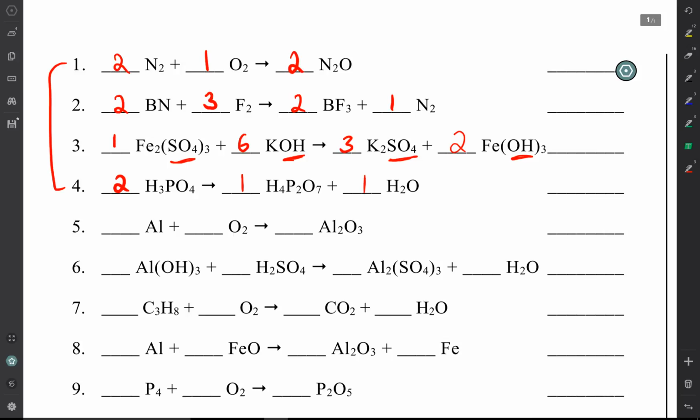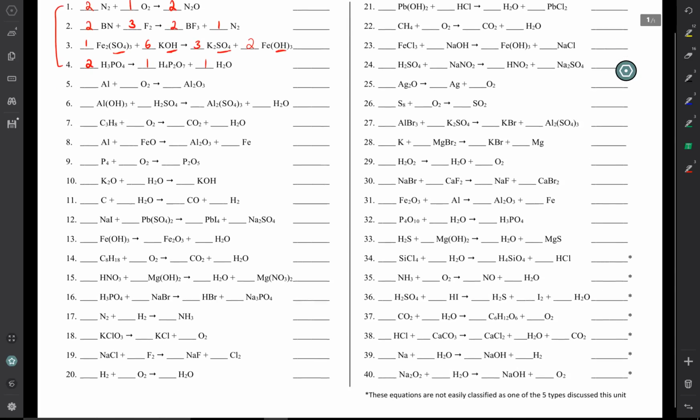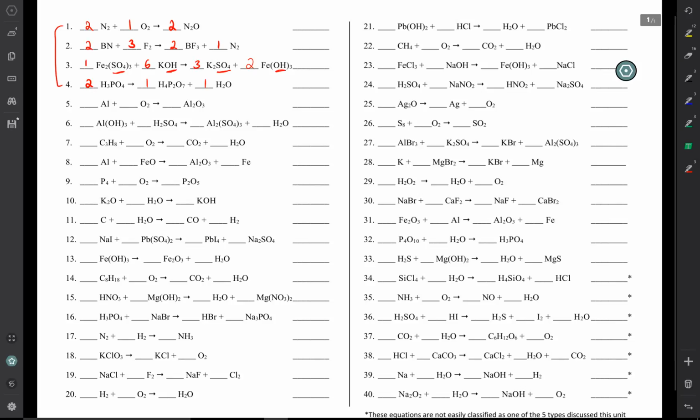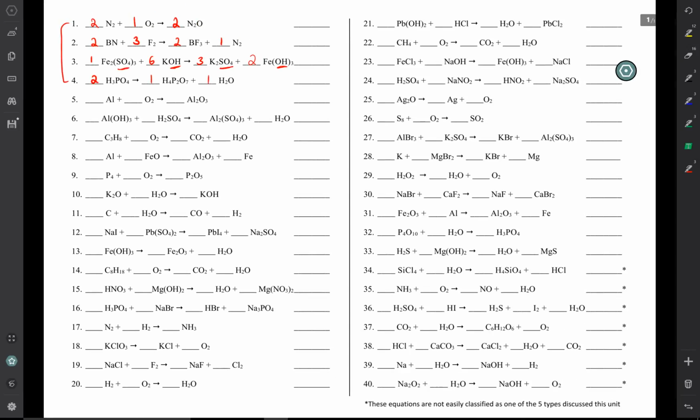I said it before, I'll repeat myself. Balancing, much like naming, is something that requires a lot of practice. There's a reason you have many, many practice problems to play around with. It's because you need to get that repetition in. So my recommendation would be to tackle a bunch of these practice problems, make sure that you're checking your answers against the answer key online, and just get comfortable with it. This is something that needs to kind of be second nature as we move